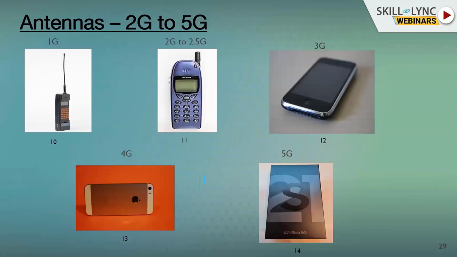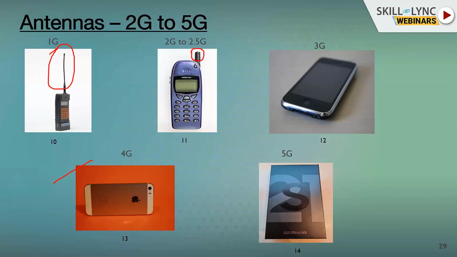Now, so far we have seen the general forms of antennas. Let's see how antennas have evolved from the telecommunication networks perspective. Initially we started with external wire antennas, this big. Then in 2G to 2.5G we had external antennas, and then these were brought inside with the help of printed patch antennas, or printed antennas you can say.